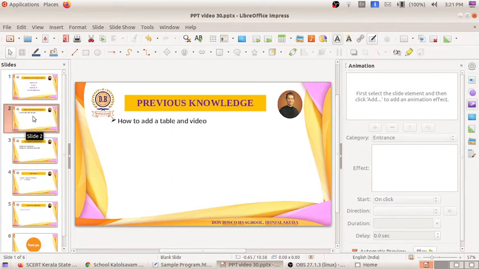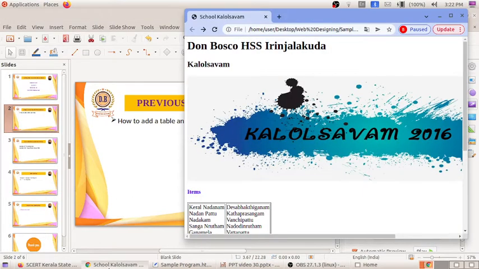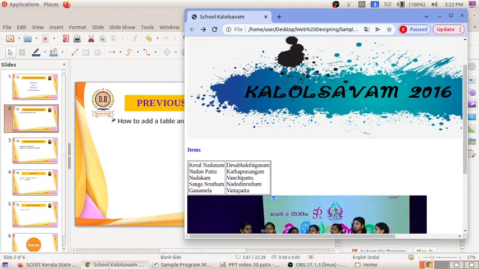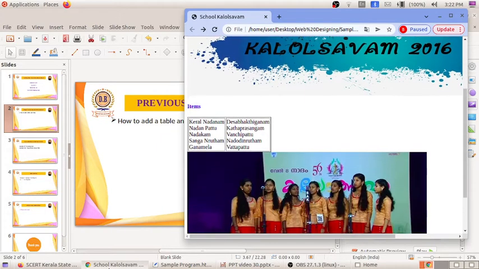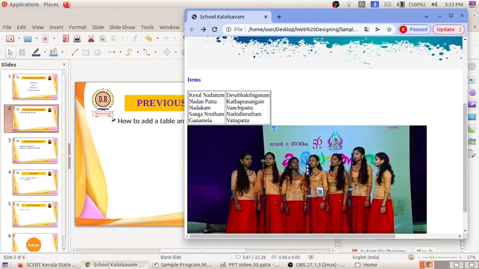In the last class we discussed the activity of how to add a table and a video. That means how we can add the table, and how to add the rows and columns. The table can be added by the table command, and for adding the rows we discussed the tr and td commands, and we have added the table like that. So you can see the table here. Next we studied how to add a video also. I hope you understood all these things.